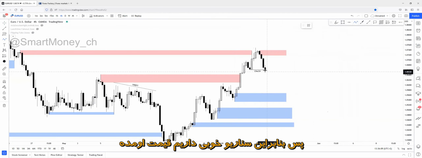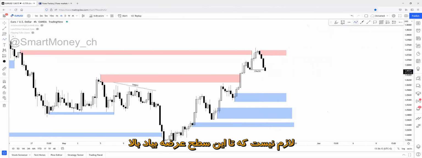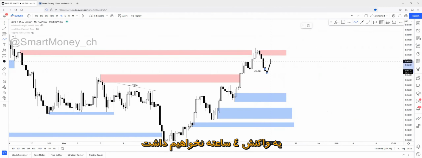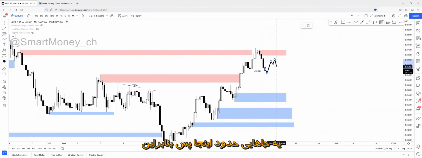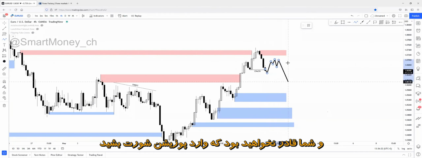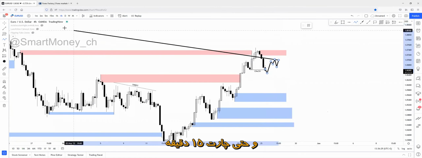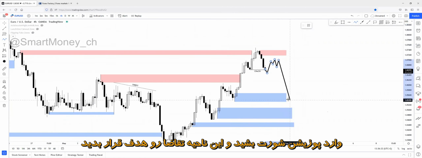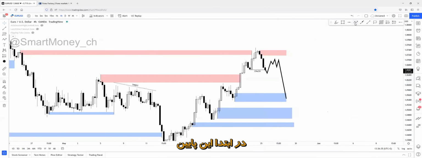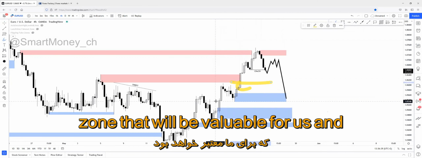So for example, good scenario: price comes up to the supply zone, or it doesn't really have to come up to the supply zone. Mainly, I believe there won't be a 4-hour supply reaction. There will be just a 15-minute supply reaction somewhere around here. So there will be a supply reaction, change of character, and you'll be able to enter a short trade because right now short is the controlling side of the market on the 4-hour chart and more likely on the 15-minute chart too. So if this happens, you will be able to enter a short trade, targeting this demand zone down here first. Or there will be some other 15-minute demand zone that will be valuable for us.